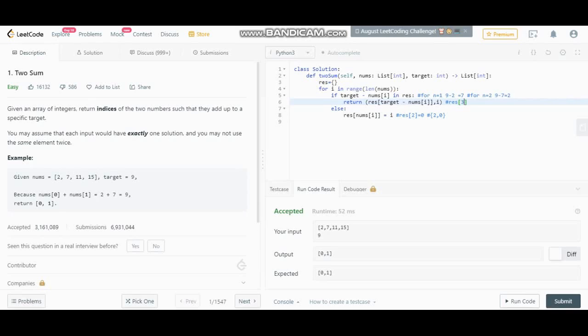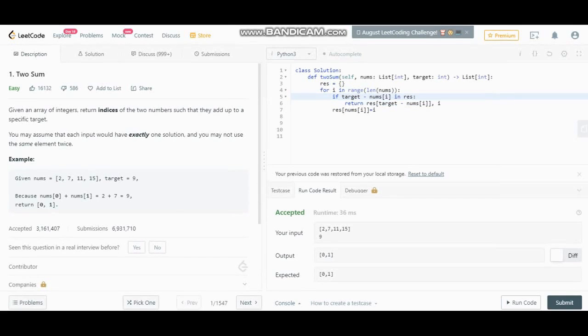So result of 2 will get the value which is equal to 0, okay, and it will also return the current index which is 1. So 0 comma 1 it will return. So it will return these two values 0 comma 1. I hope you understand this. Now this is one of the approaches to do it, and it is the best approach since the complexity is order of n.